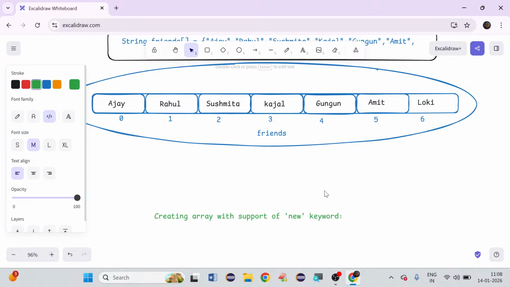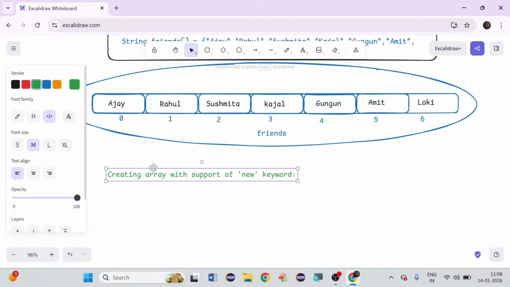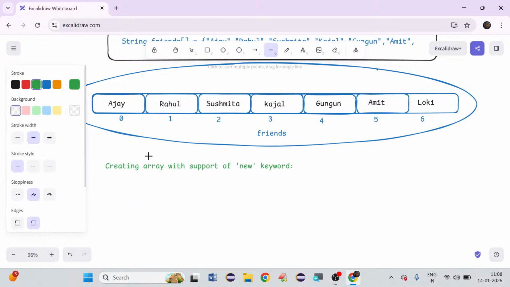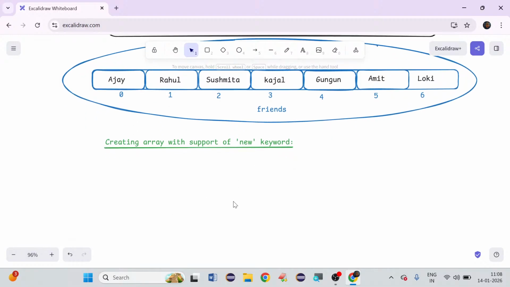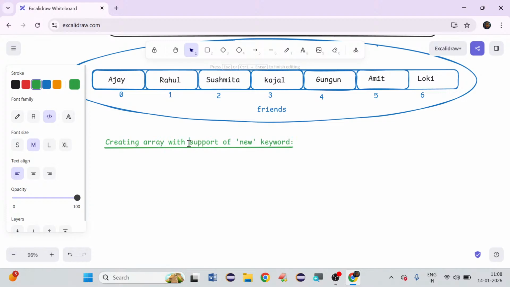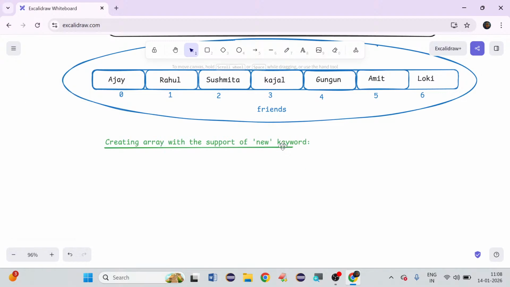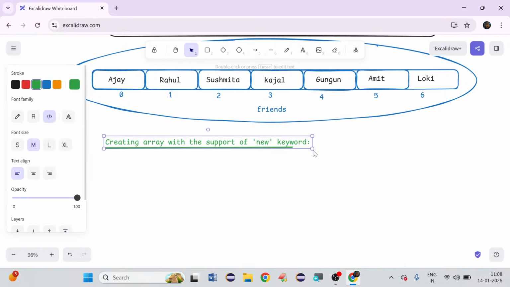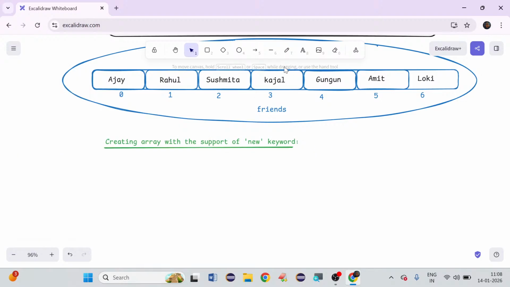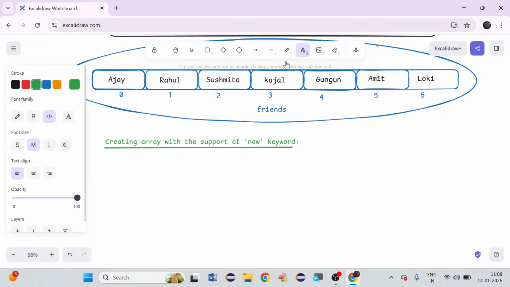All right, how it works, let us see. Now we need to follow some syntax over here. The syntax here is